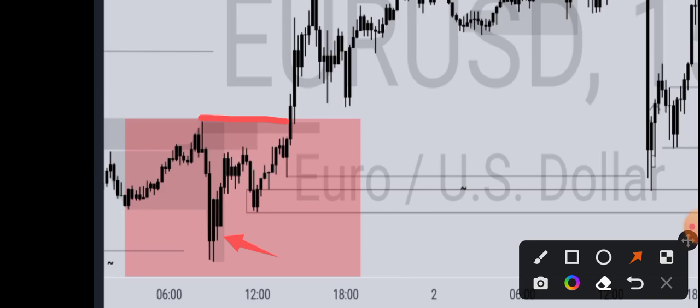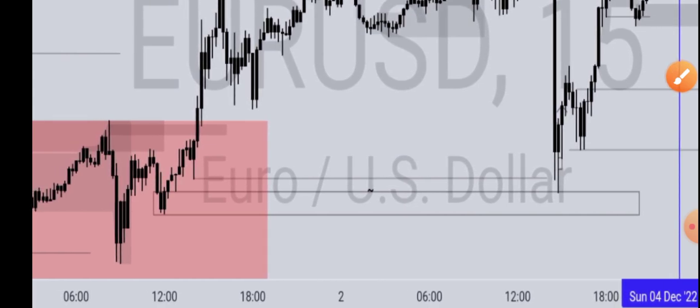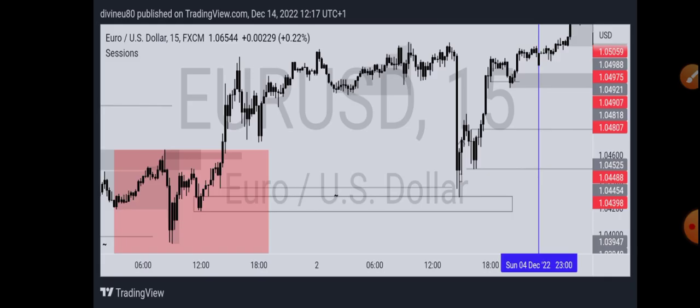You can see right here, there's a range that broke structure. Are you getting me? But in this case, the range that caused the BOS failed, because right here we can see that price liquidated it,